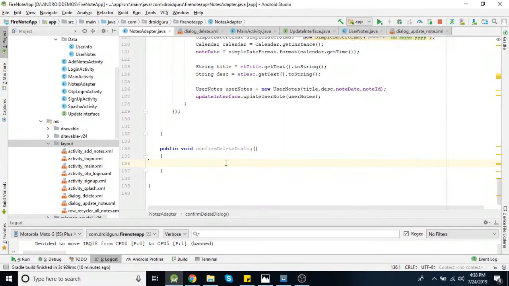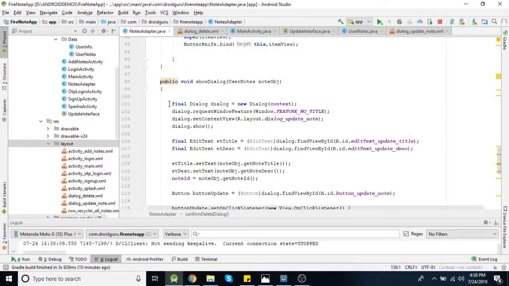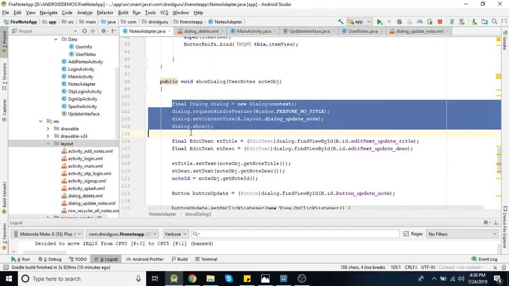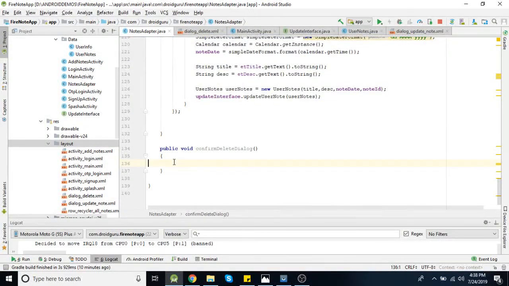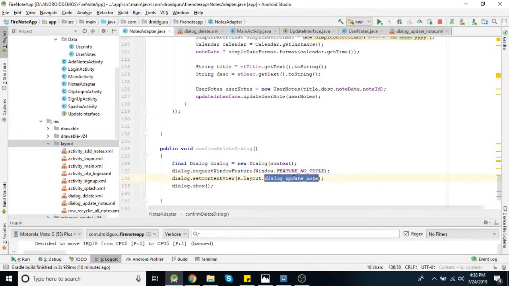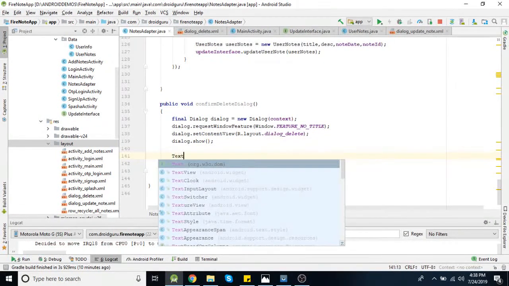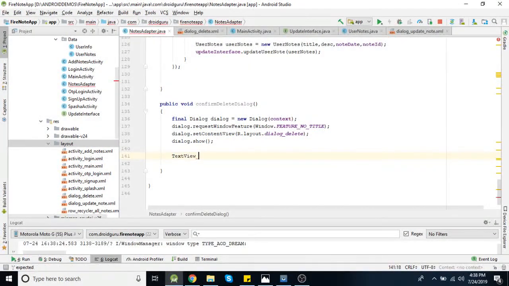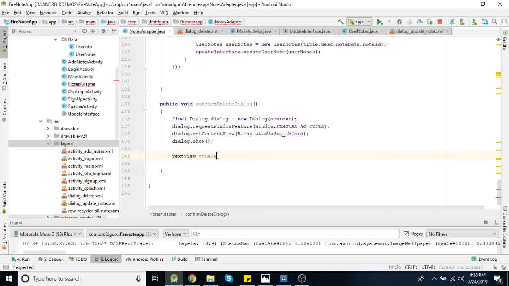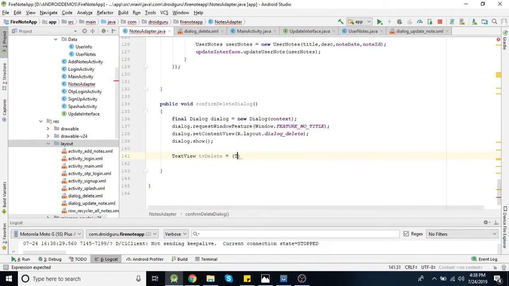So now let's create a dialog. This code will be the same, so I am just copying it. Dialog underscore delete. Then you need to create IDs for those text objects. So tv delete equal to text view.